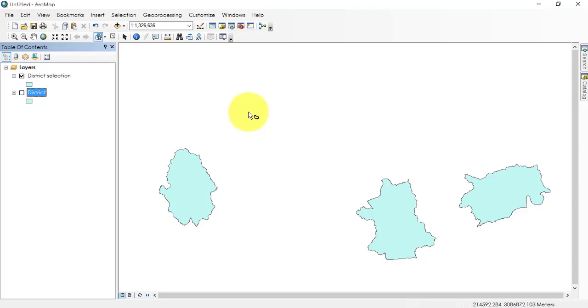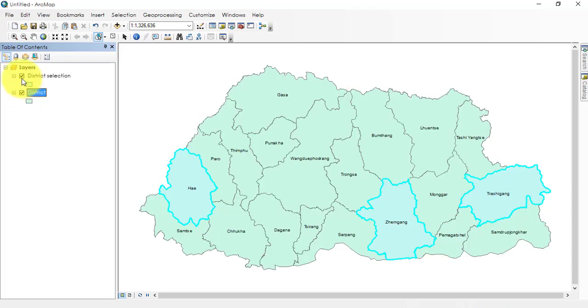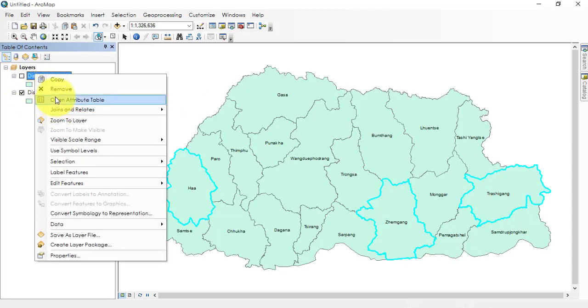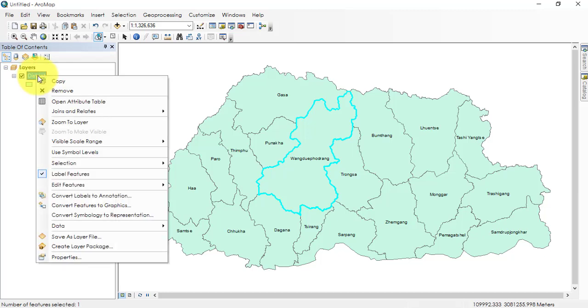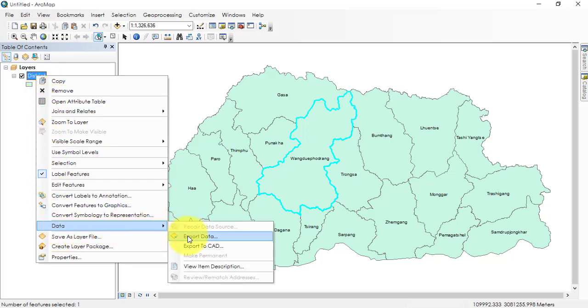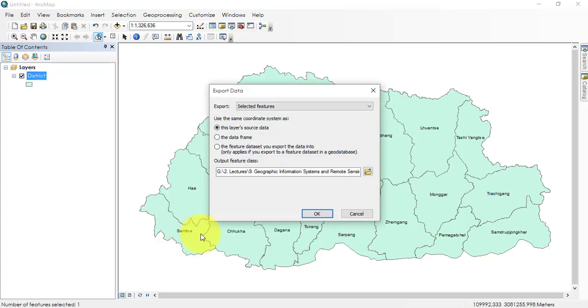But if you want to make it permanent, then first the selection is the same. Just select any district. For example, I selected Wangdi. Then to make it permanent, you have to make it data. So to make it data, you need to export the data. Right click it, and with this selection, what do you want to do? With this selection, I want to make it data, and I want to export the data. So I want to export only Phobjikha. And where would you like to